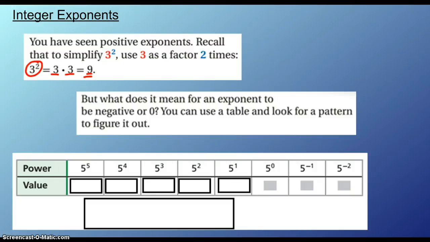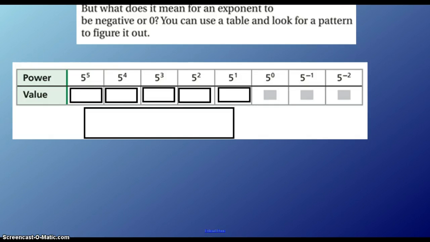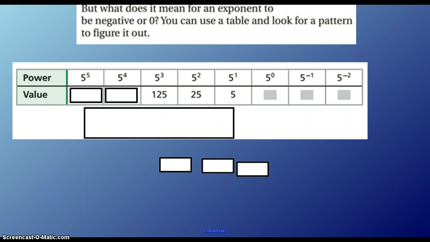And in the next couple lessons here, I'll be able to prove this a little bit differently. But as for today, we're going to look for a pattern, and we're going to use powers of 5 to do that. So as we go down the line, we'll look for a pattern here. But let's start with something that we're familiar with, like 5 to the first power. 5 to the first power is 5. 5 to the second power is 5 times 5, which is 25. And as we go up,